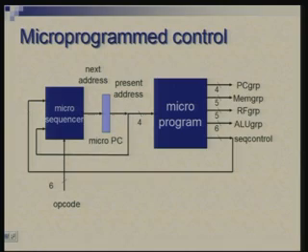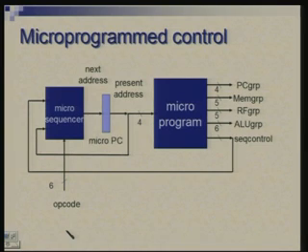So those signals are not generated by a circuit, they are simply read out from this memory. All right, you step through different words, and each word generates appropriate control signals for the data path. So the word will have 20 bits plus a few more bits that I am going to describe in a moment. So these 20 bits will simply go as inputs to the data path and control it as required. Now the question which now remains is how do we sequence through different words of this microprogram.